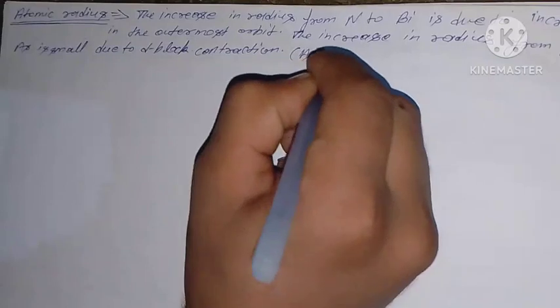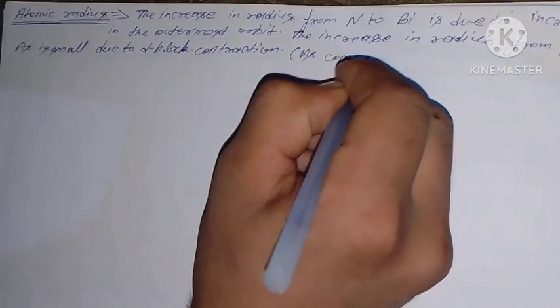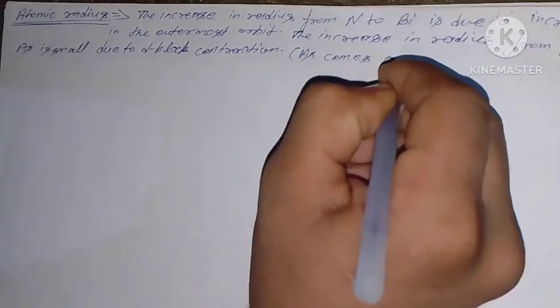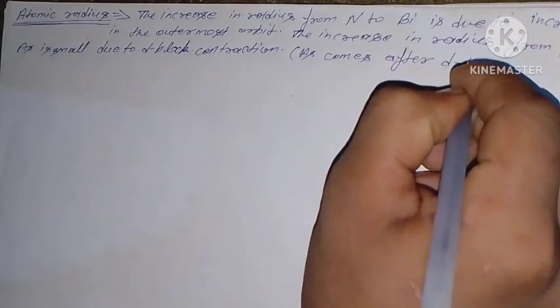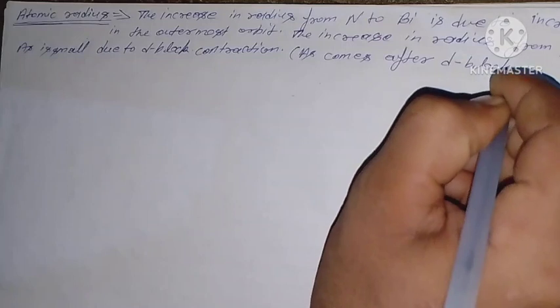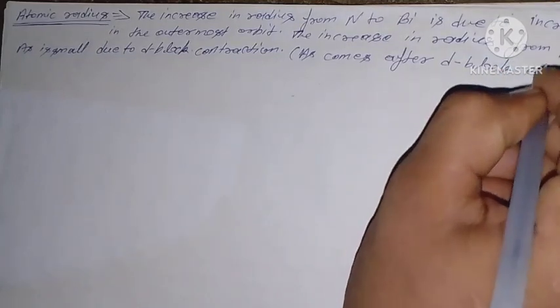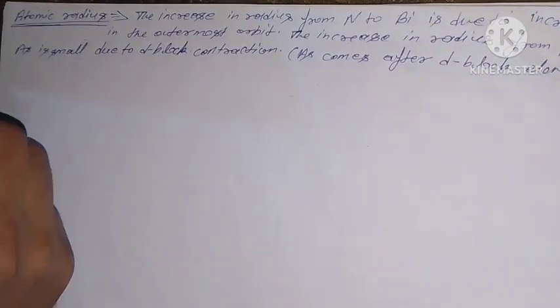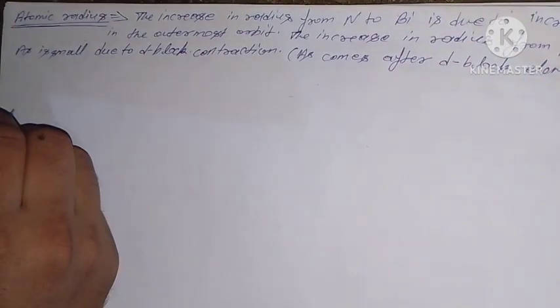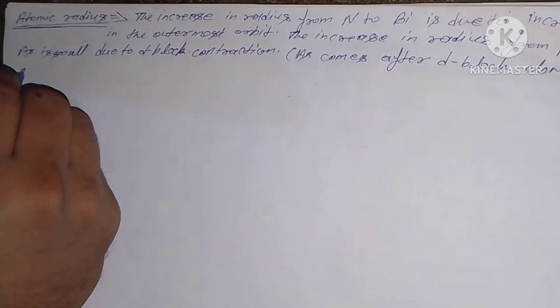Arsenic comes after d block elements. Okay. D block elements, and small increase in radius